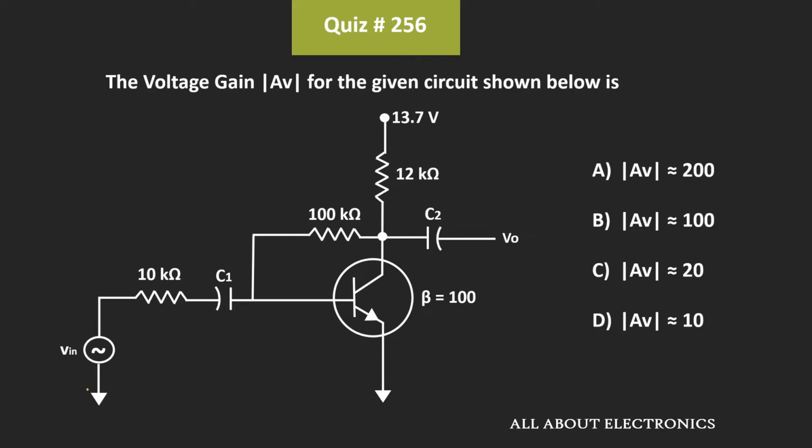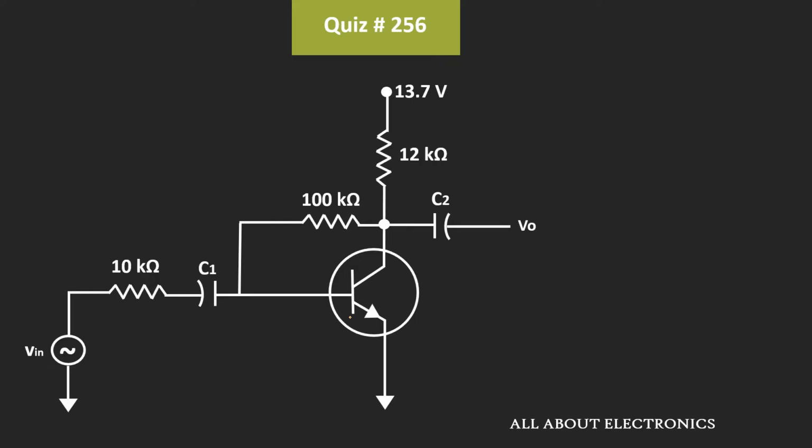So in this question, we have been given this amplifier circuit and we have been asked to find the voltage gain. If you look at this circuit, it is the common emitter amplifier configured in the collector feedback configuration. To find the voltage gain of this circuit, first of all we need to know the transconductance at the operating point. And for that, let us find the value of the collector current. So let us do the DC analysis.